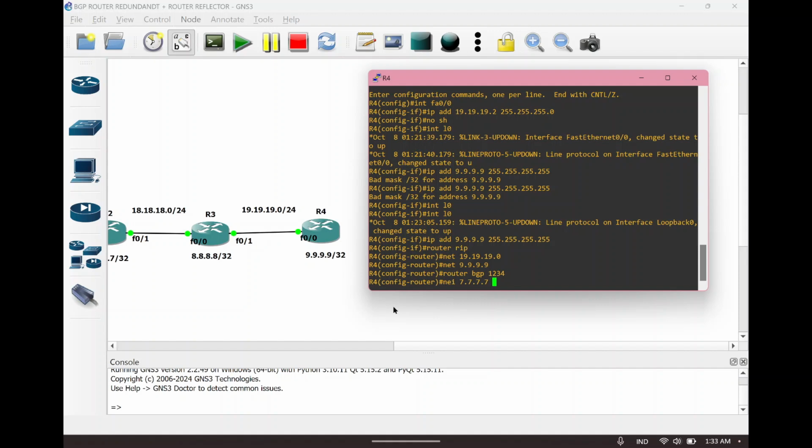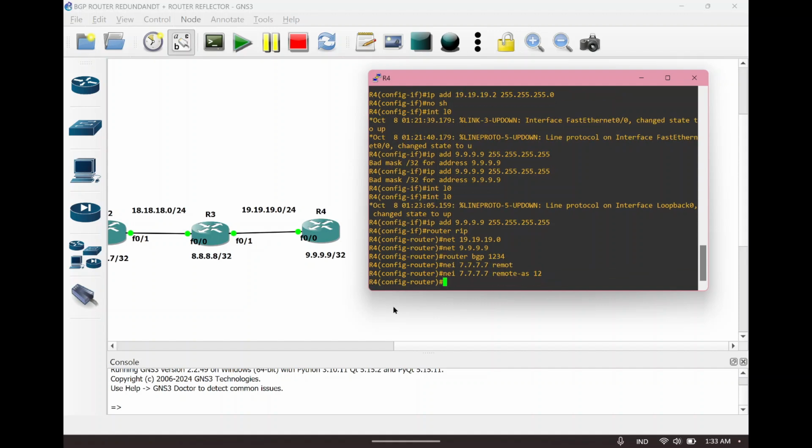And same with router number 1. Okay guys, this is for the remote or update-source Loopback 0.